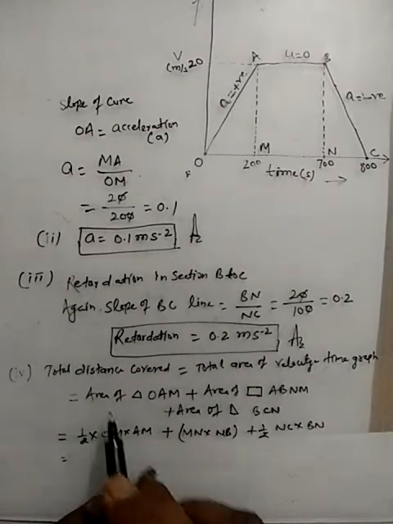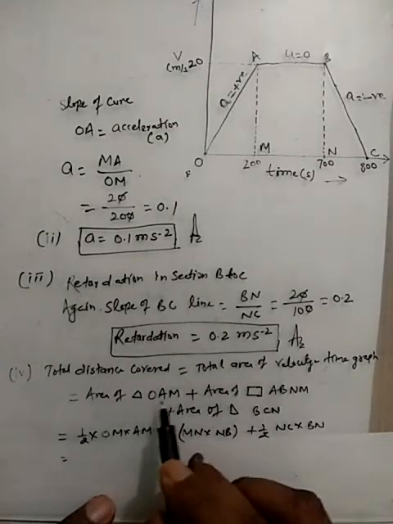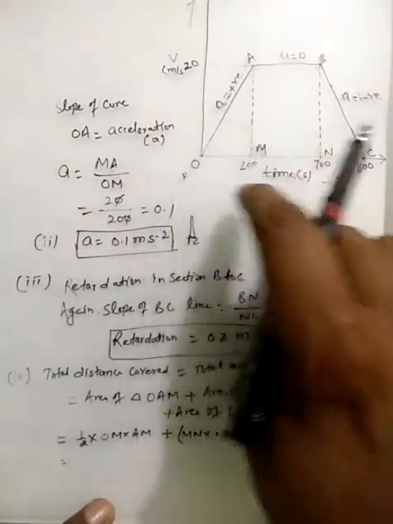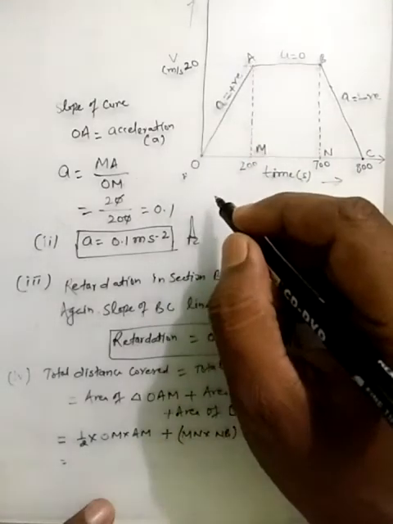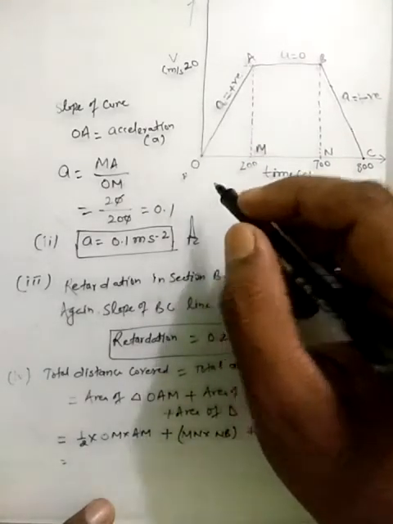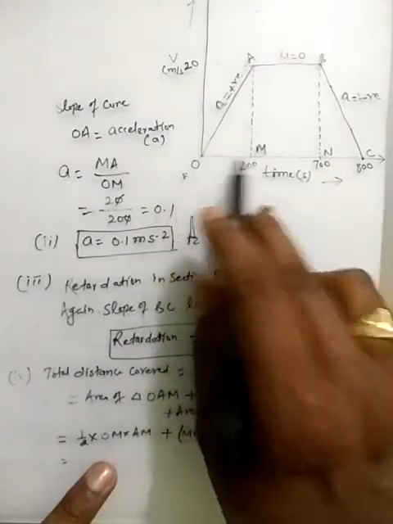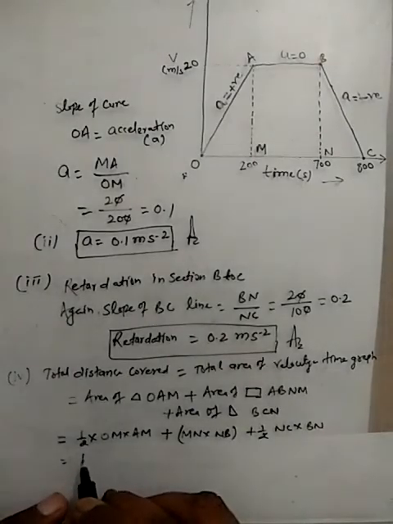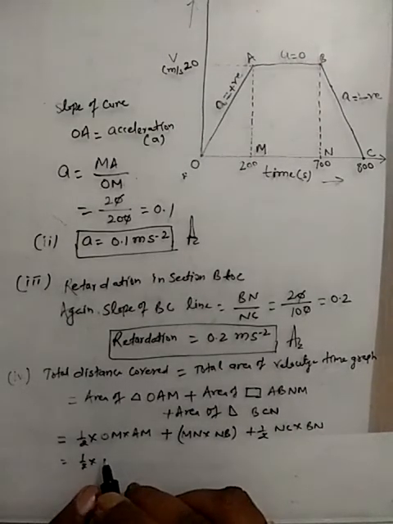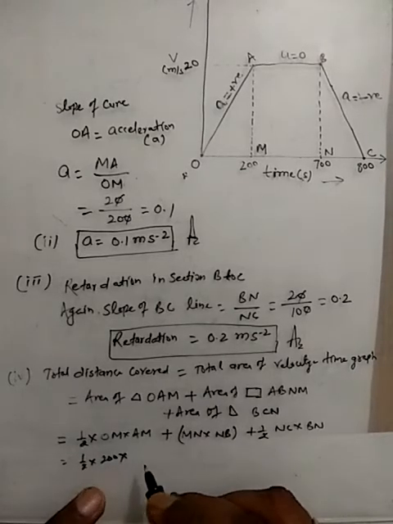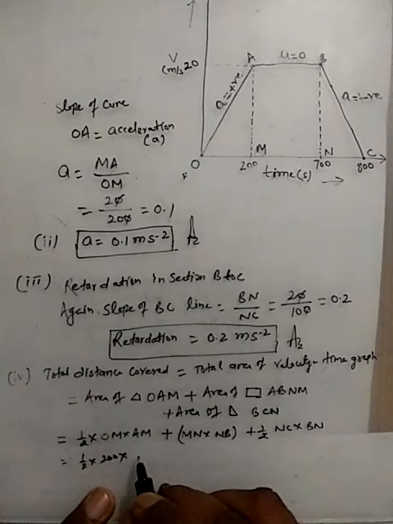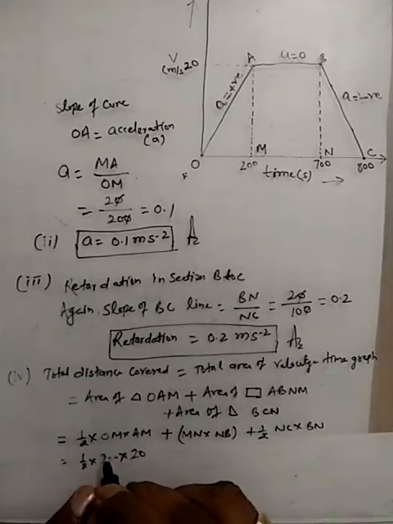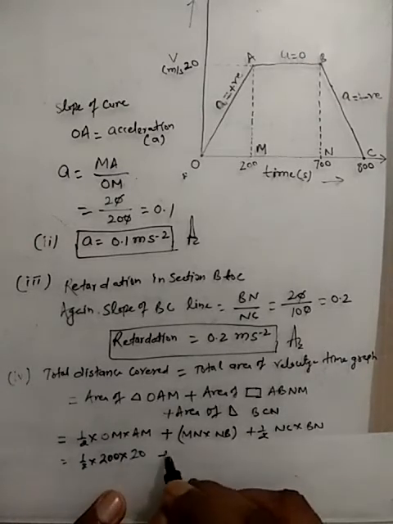Total area of the curve: the area of triangle OAM will be equal to half into base into height, since this is a right angle triangle. Half into base OM, and height is AM. Then we can write half into OM is 200 and AM is 20. This is 200 plus